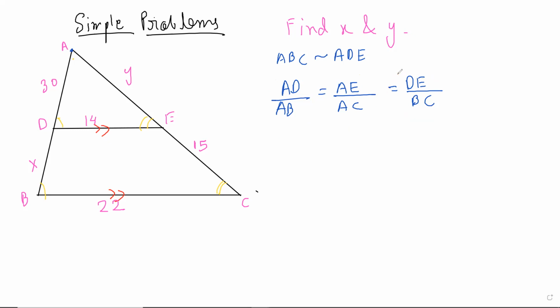This is something you remember we proved yesterday. This was the Thales theorem. But even if you forget the theorem, just intuitively, AD is stretched to AB, and AE is stretched to AC, by the same amount. And that's what I'm writing here. AD by AB means how much AB is stretched compared to AD.